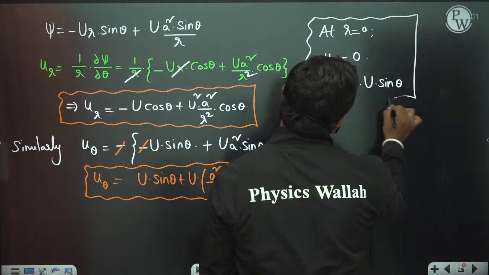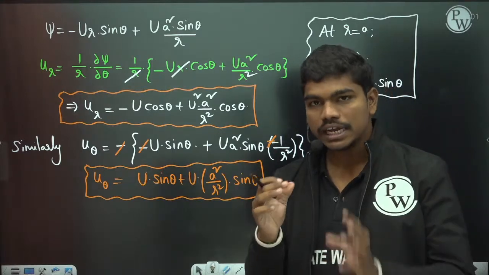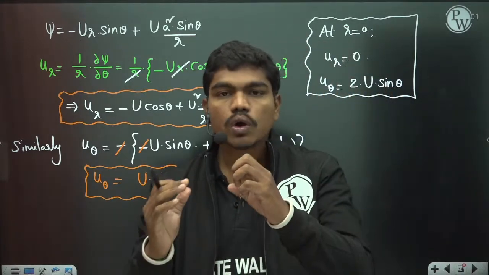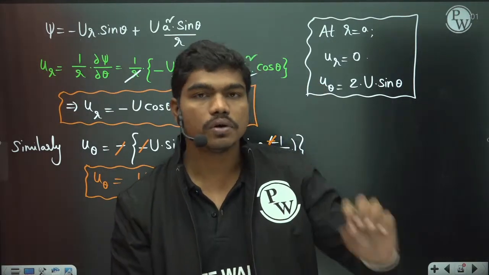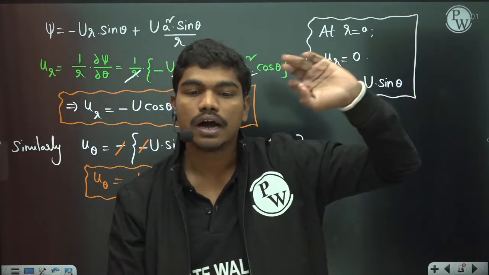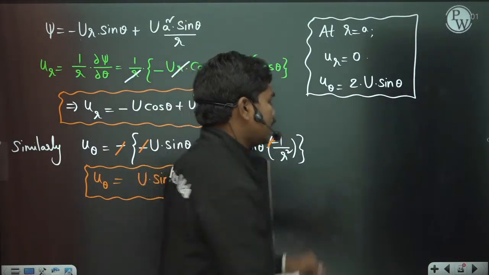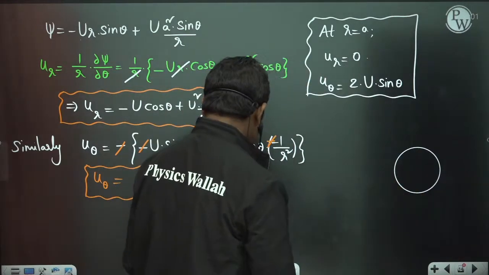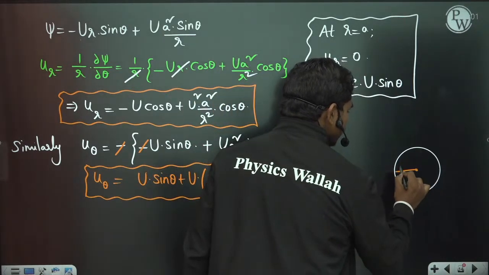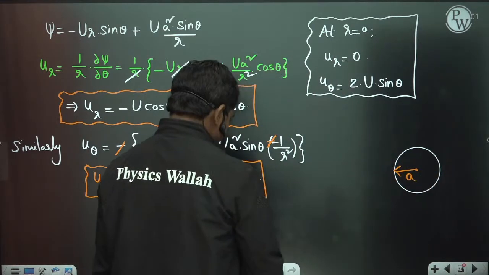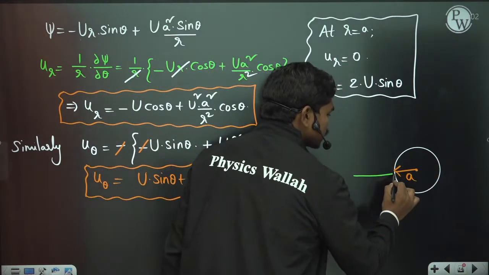Okay, so normally we have done all this analysis, but definitely after teaching potential flows, if I discuss with you the case of flow over a cylinder, by looking at this question itself you will come to know that ur is 0. How? Look, I'll explain simply in one line. Let us suppose there is a flow like this. Now, if this is a cylinder, let us suppose the radius of the cylinder is a, for example. Now tell me, if the fluid is coming like this, then at this